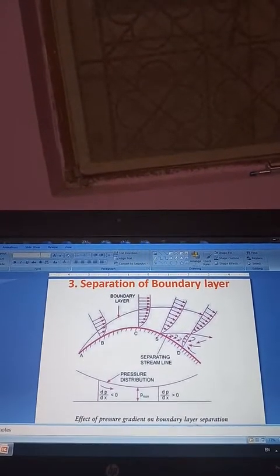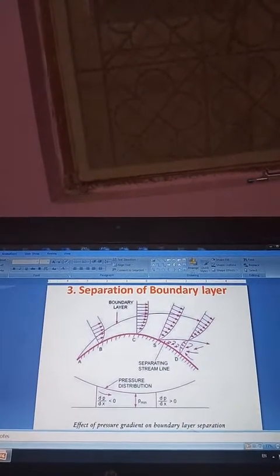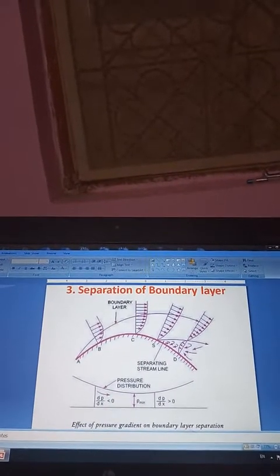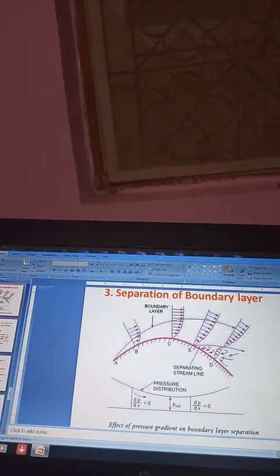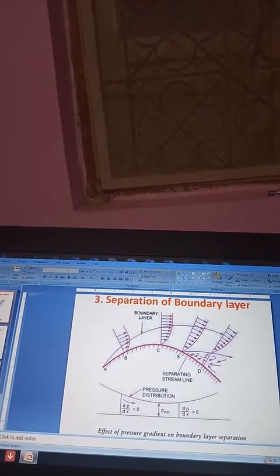The pressure gradient is going on decreasing along the surface because of the resistance for the fluid, because of which the pressure decreases along the surface of the body. So it is the pressure gradient which decides the separation of the boundary layer. Now if you see, the surface is curved, and the area along the surface will not always be the same. The area may change depending upon the shape of the body.